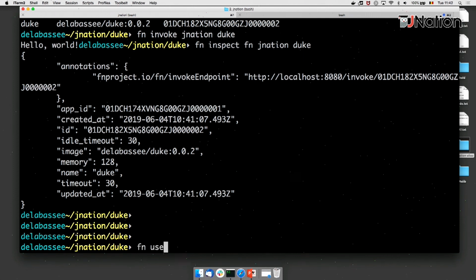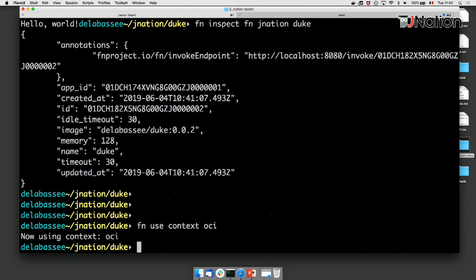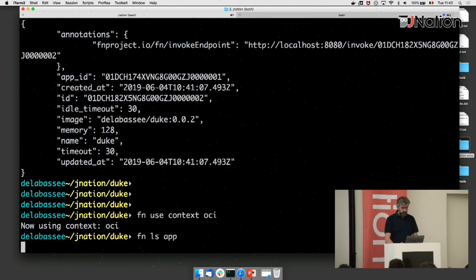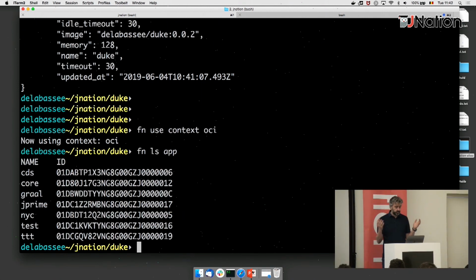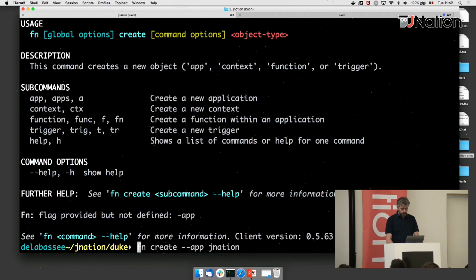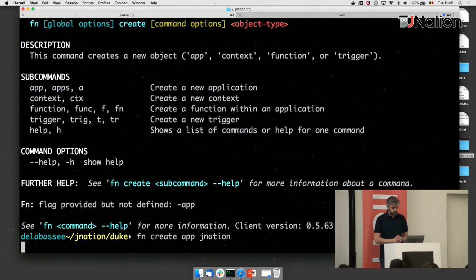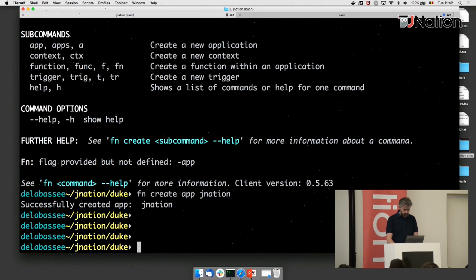For that, you just need to switch to a different context. So fn use, and I'm going to use the Oracle Cloud context, so that's basically a data center in the US. If I look at the apps there, I don't have the JNation app, so fn create JNation. And if I deploy my function again,